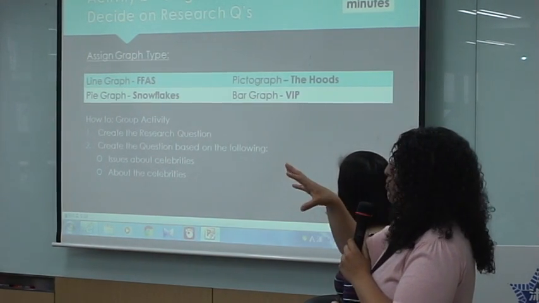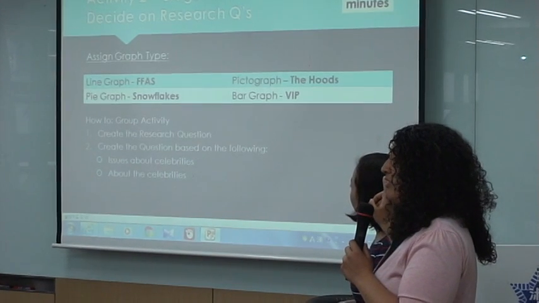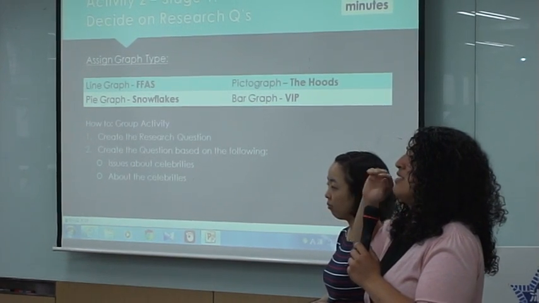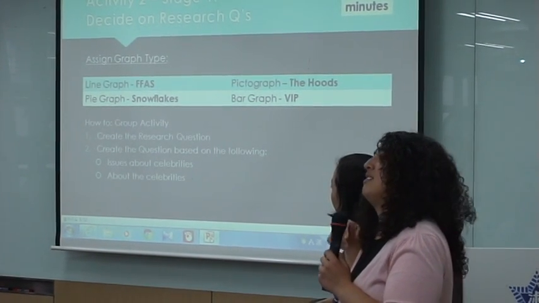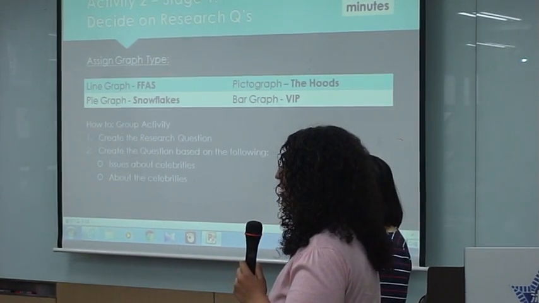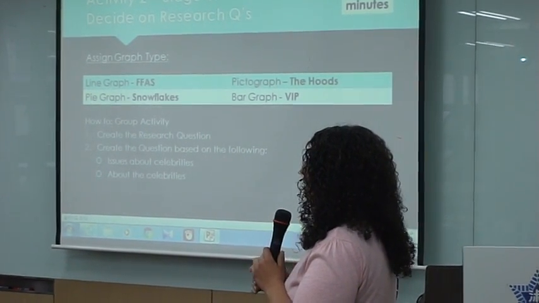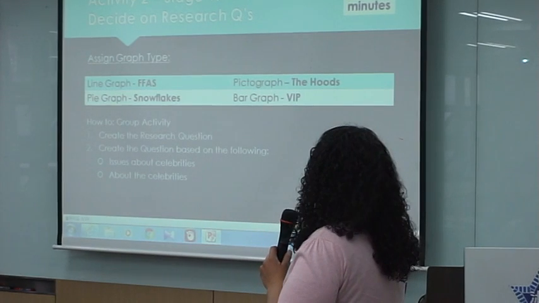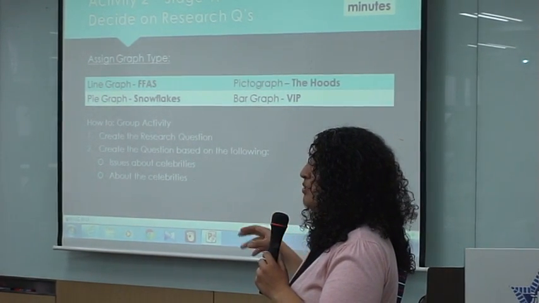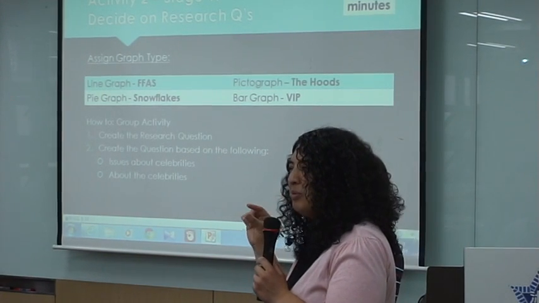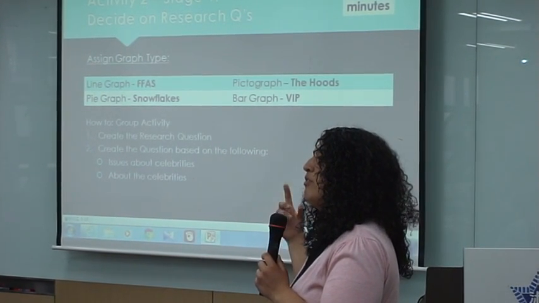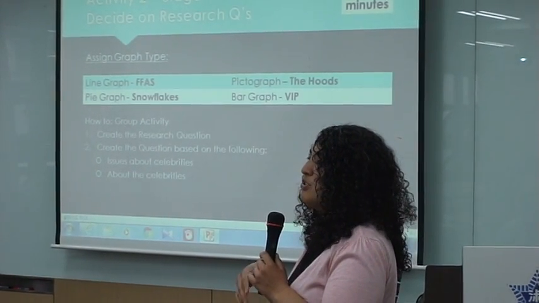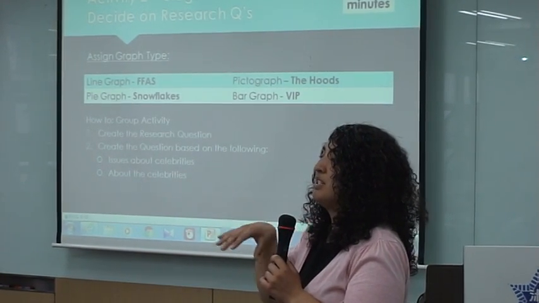We've assigned each group to use at least one type of graph. So whatever graph is next to your group name, that's the one that you have to use, but that doesn't mean that's the only one you have to use. You at least have to use that kind of graph, all right? When you're making your research question, it has to match the type of graph that you're going to have. That makes coming up with the research question a little bit more difficult, because you have to think about what information can be used with the graph you've been assigned. This is to avoid everyone using the same graph, so we can all see different kinds of graphs being used.